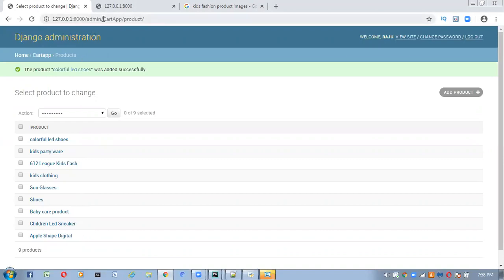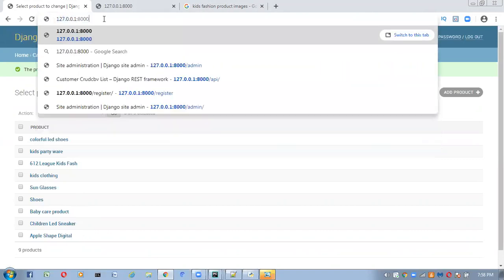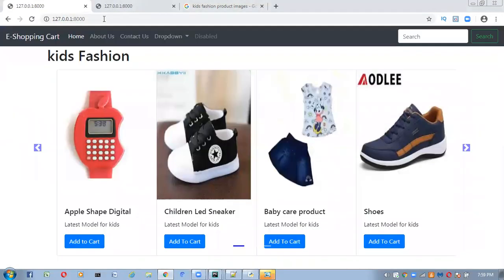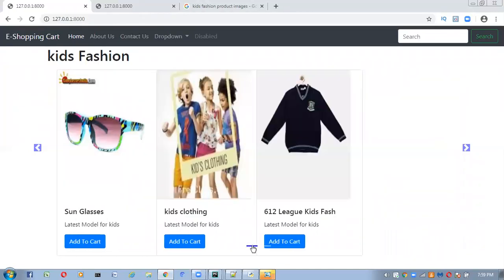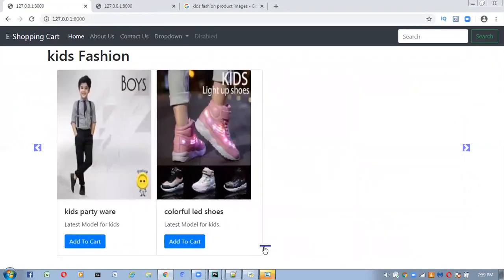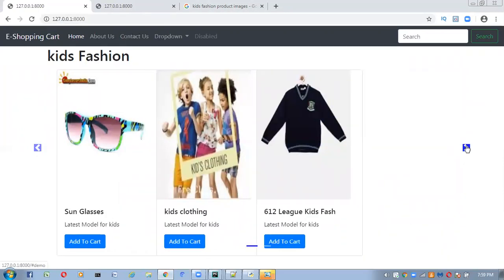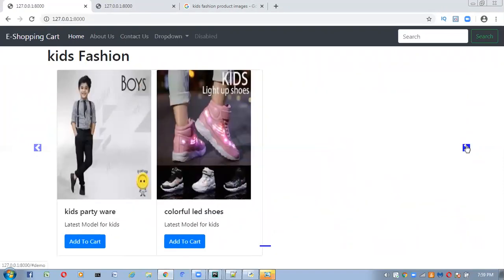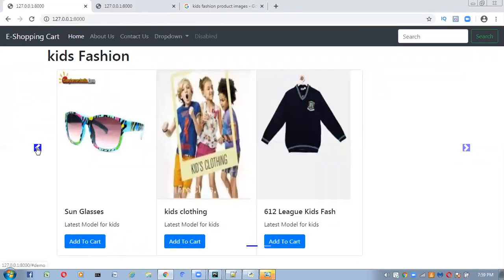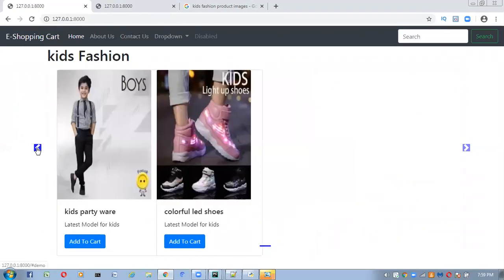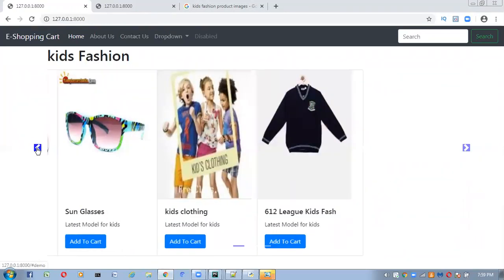Now go back to home page. Here if you click on this, refresh it once, see total how many slides we are getting: 1 slide, second slide, third slide also we are getting here. Total 3 slides we are getting here. Only 1 image came at the last slide. 4 images came like this, and 4 images came here, and total 9 products. Sorry, not 9 slides, 3 slides and 9 products we are getting on the screen like this.